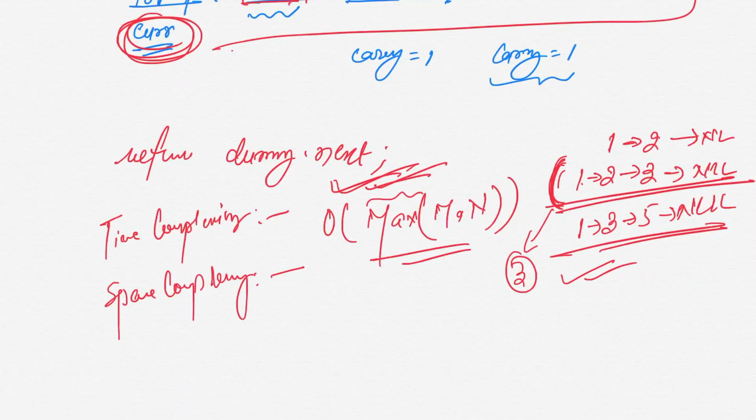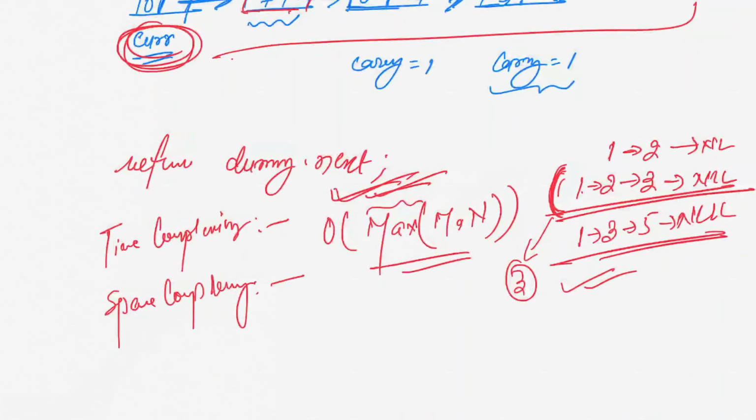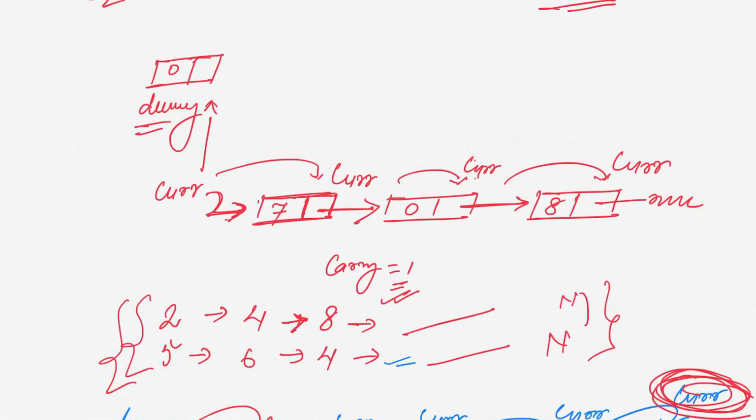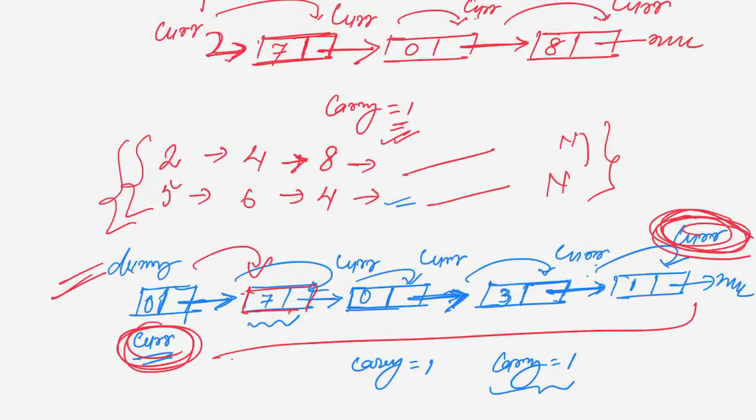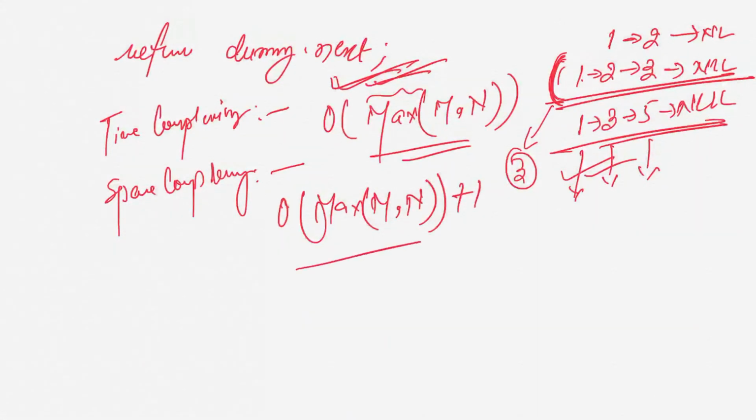Similarly, the space complexity: as we are taking one dummy node just to return the value, how many values is it going to store? So in this case if you see, we have 1, 2, 3. In the worst scenario, if we have a carry, that also requires one more space, so again it's going to be max of n, m, plus 1 for carry, and this could be the time and space complexity.